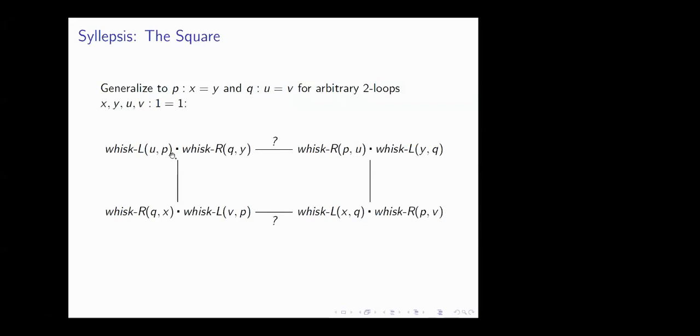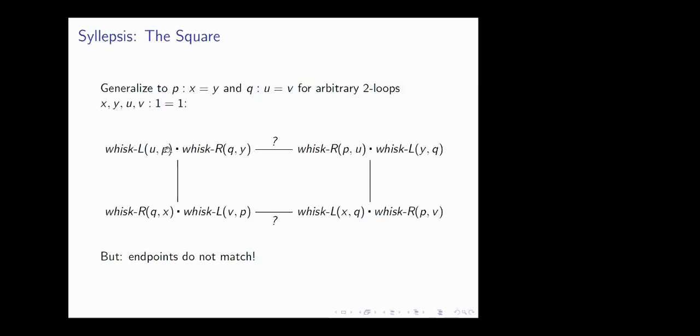We could replace P with this more general P and Q with this more general Q, and now the ones with the appropriate endpoints. But the problem there is that the endpoints don't match. The vertices of the square don't have matching endpoints, because